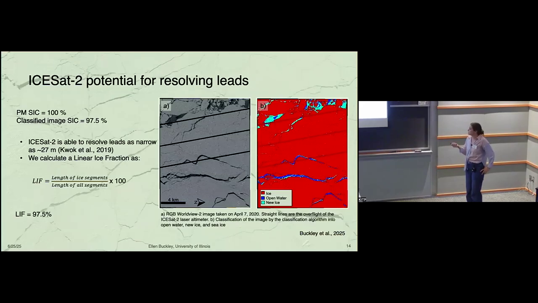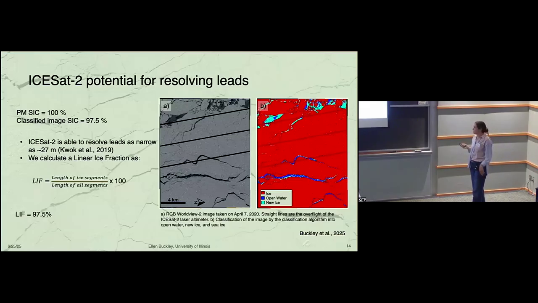And so for this particular image, the passive microwave data say it's 100% sea ice concentration, which is fair because these are very small leads. The classified image is 97.5% sea ice concentration, and when we look at just this pass across it, we are seeing that the linear ice fraction is conveniently also saying 97.5, but we're not just basing everything off of this